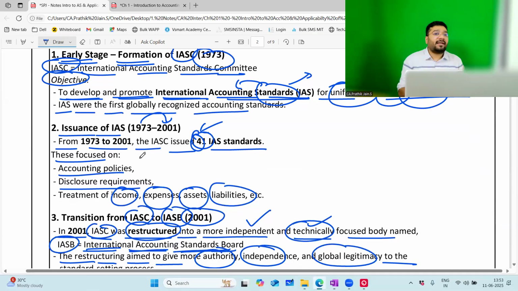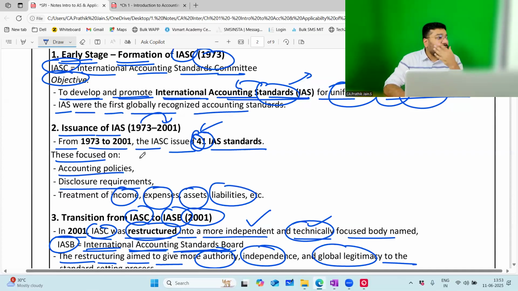So therefore, they said that you have to scrap IASC. IASC needs to be scrapped and we have to form a new board called IASB, where new, energetic people who understand the dynamics, who understand today's technicalities, should come and take over the charge. So what they did was two things. Wherever IAS was not practically applicable, they removed it. They scrapped it and they revised IAS wherever possible.